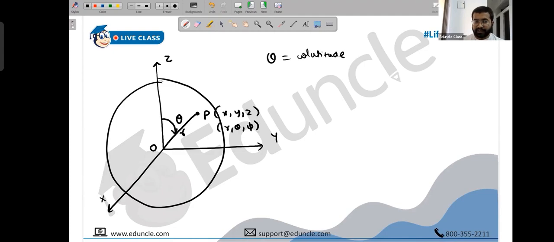When you talk about phi, first we have to drop the projection of P on the xy plane. You can draw an xy plane for your reference, with x axis and y axis. I have drawn a projection of this point P on the xy plane, let's say P dash. Now this P dash subtends an angle with the center. This angle is known as phi, the azimuth. Phi is nothing but the angle of the projection of point P on the xy plane.